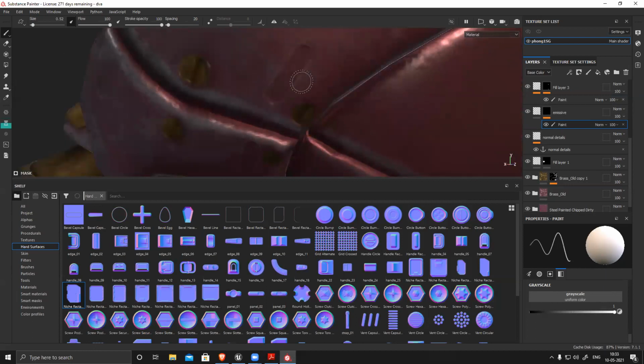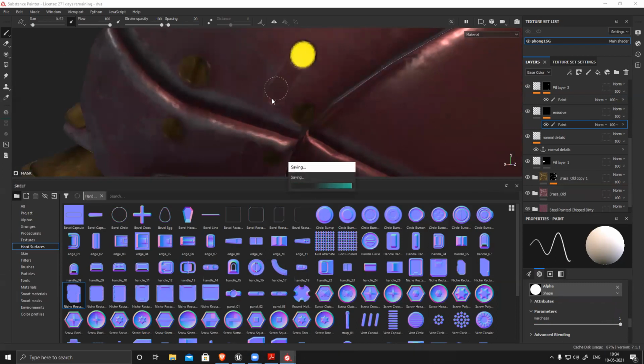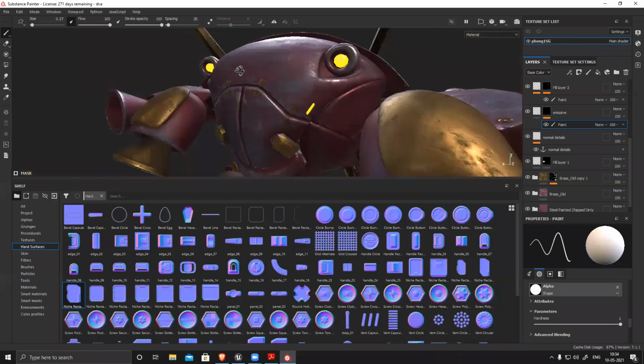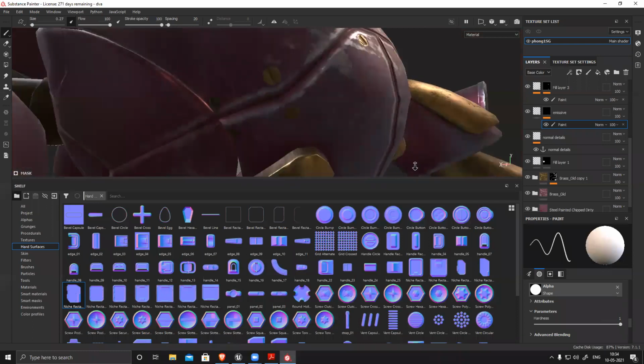So it's blurry, you see. So what I have to do is make sure the brush is super hard. It's saving until it's bigger in size. Use the size, shift and drag. Or I should have switched on symmetry.